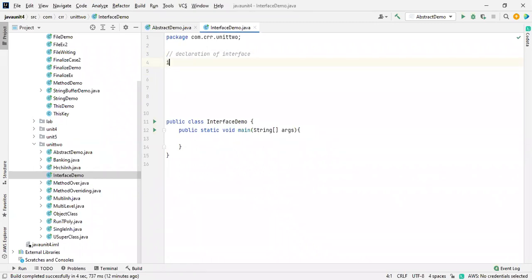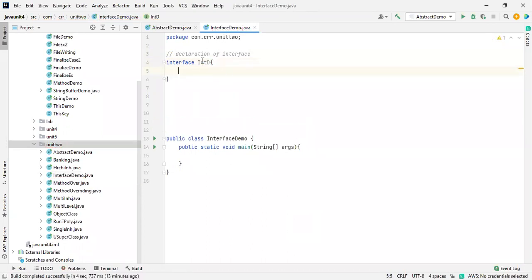Yep. So the keyword interface and the name of the interface. What name should I take? I will take InterD.